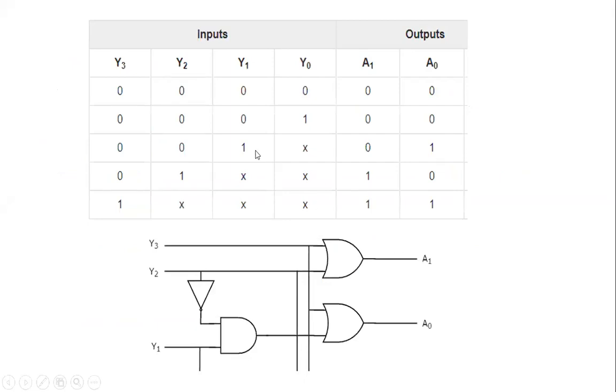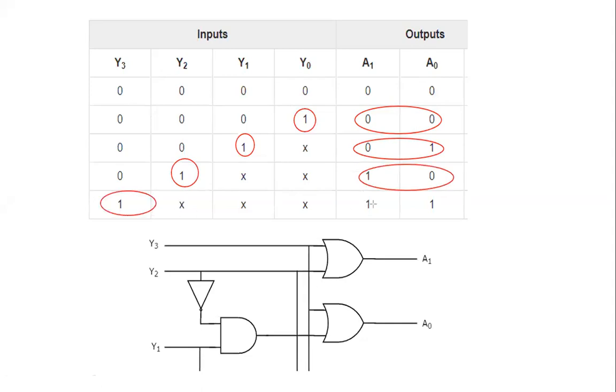So I've represented a truth table. When all the inputs are 0, this is a general combination, and we can take the output as 0. Now, if y0 is 1, y3 is not 1, y2 is not 1, y1 is not 1, so y0 has the highest priority. If y0 is 1, let us encode it as 0, 0. Now, if y1 is 1, let us encode it as 0, 1, provided y3 and y2 are 0. If y2 is 1, let us encode it as 1, 0. And if y3 is 1, let us encode it as 1, 1.